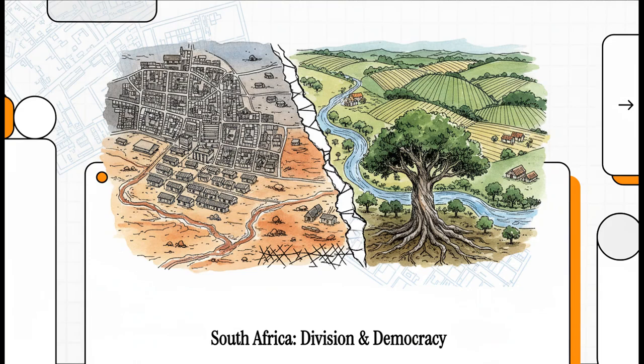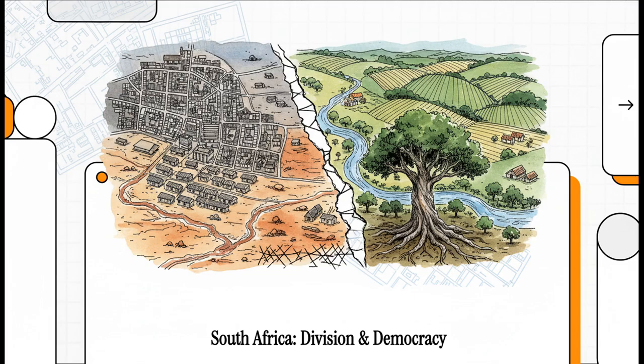Have you ever stopped to think about how a country's history isn't just in books? It's literally written on the land itself. You can see it in the way cities are laid out, in the quality of the soil, even in the way rivers flow. Today, we're diving into South Africa, a place where the incredible story of division and democracy has